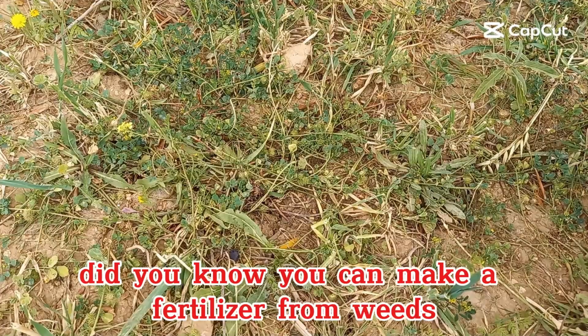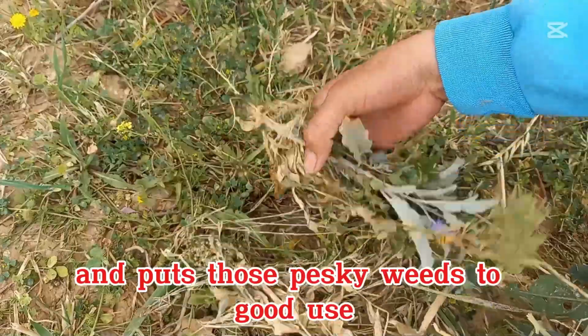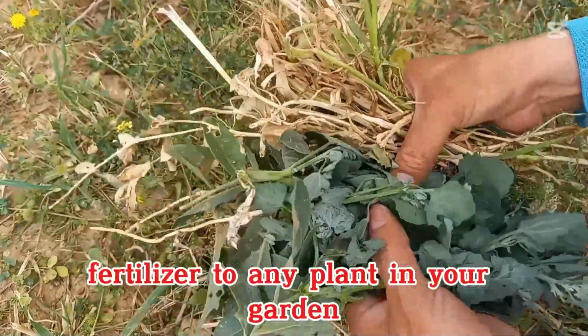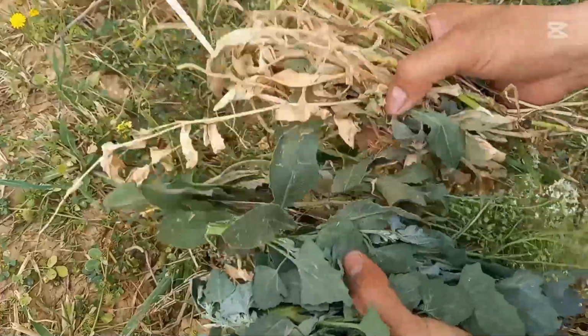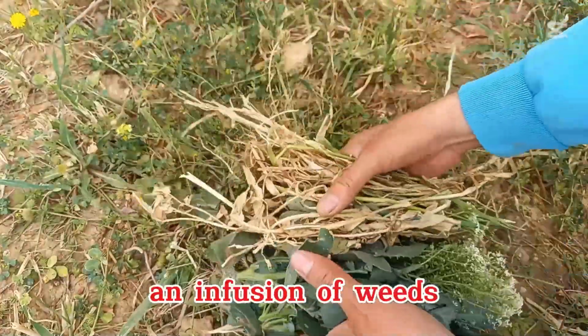Did you know you can make a fertilizer from weeds pulled in your garden? Weed tea is easy to make and puts those pesky weeds to good use. Apply this simple fertilizer to any plant in your garden to give them a boost of important nutrients without turning to commercial products. Weed fertilizer tea is exactly what it sounds like, an infusion of weeds you can use to